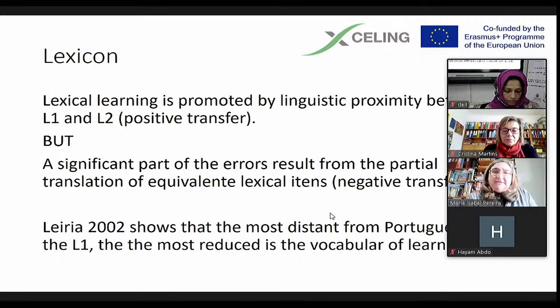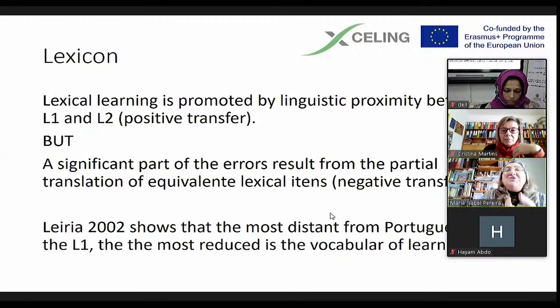Spanish students use lexical items in a positive transfer way, and they have levels of understanding and even levels of communication. I won't say it is formally correct, but it is